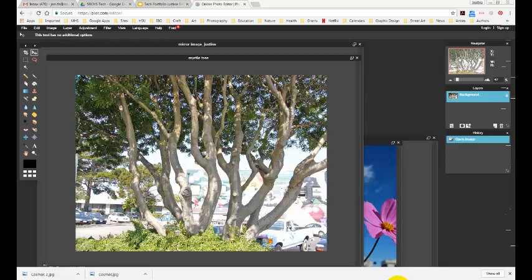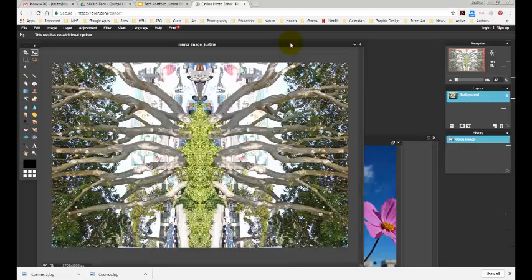In this video, I'm going to show you how to use Pixlr to create a mirror image effect. This is my original image. It's a photograph of some myrtle trees in a parking lot, and this is the mirror image. I want to talk to you a little bit about